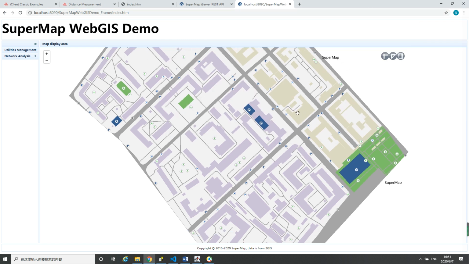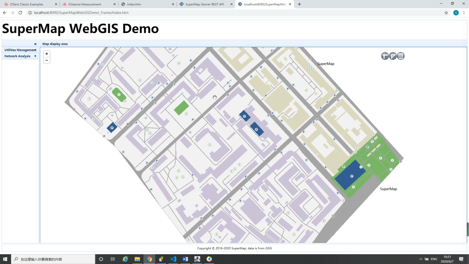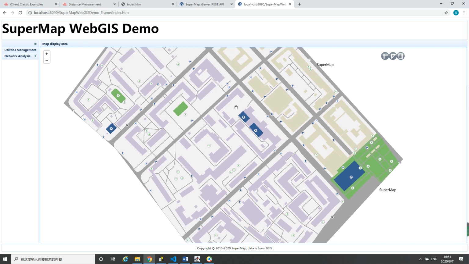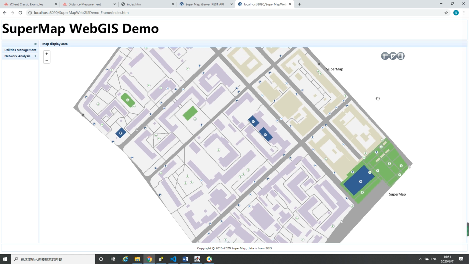And so I think this is about today's course. So let's review what we learned today. The first, we loaded the map to the map display area, and the second, we added the distance measurement, and the error element, also the clear button, and the code to the map. The third one, we deployed our system on the Tomcat server, so that we can view it through this